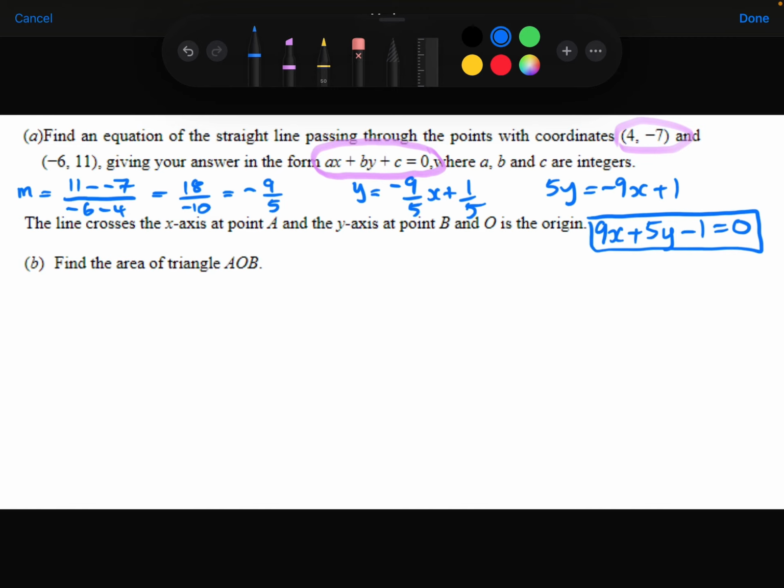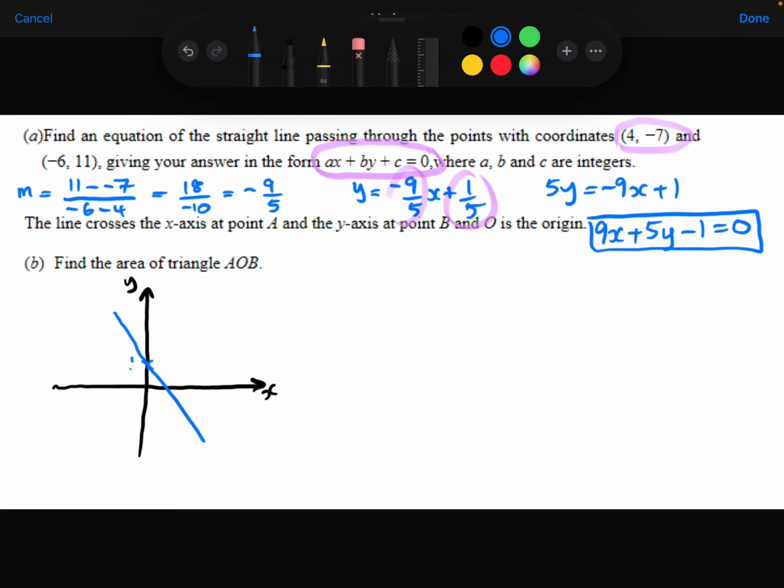We're then told that the line crosses the x-axis at point A and the y-axis at point B, and O is the origin. We need to find the area of the triangle AOB. So I'm just going to draw a little sketch to help me picture what's exactly happening here. So here's my coordinate axes. My line had a y-intercept of 1/5 and a gradient of -9 over 5. So that's looking something like this,